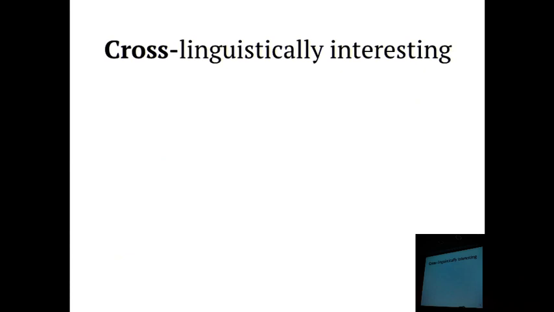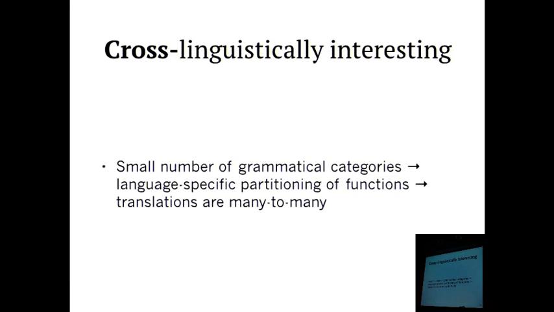But these are not just important and interesting in English. They're also important across languages. When a language has a small number of grammatical categories for expressing certain types of relationships, a whole lot of different semantic functions tend to get shoved into each of the categories, and then the groupings of functions are language specific. So just knowing the preposition that would be used in one language is not necessarily enough to translate. As a cartoon example of this, I have some examples of "for" and "to"